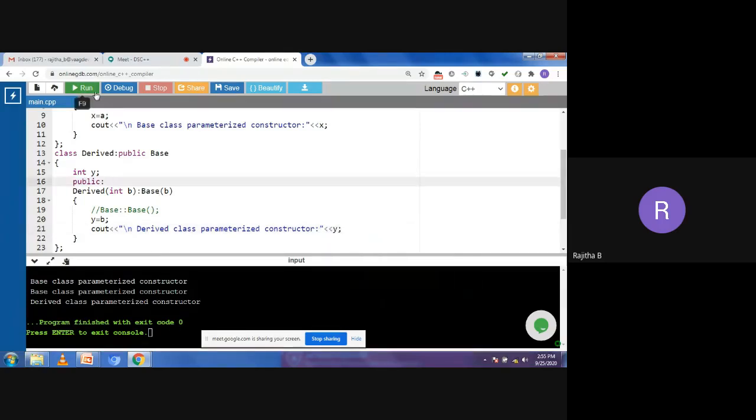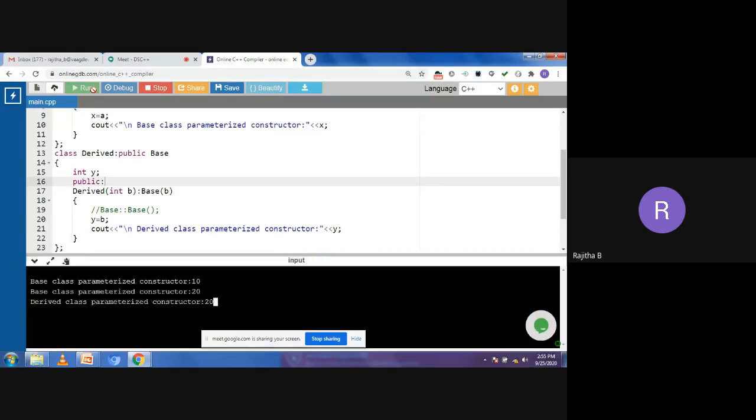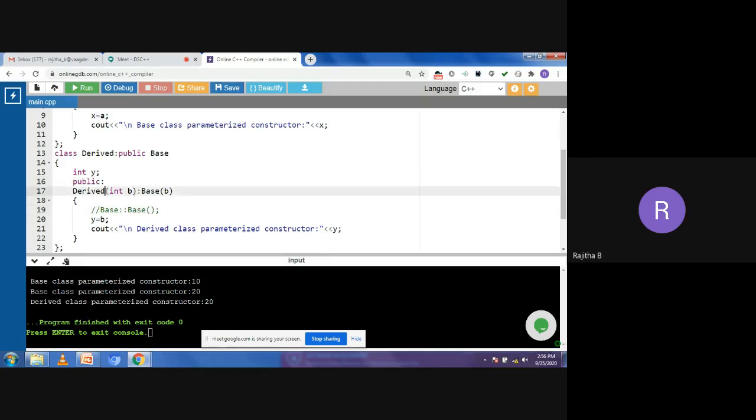Now try to execute that one and we will see the x value and the y value. Now you can see here: base class parameterized constructor, value is 10. So when you are passing the value in the derived class, we are passing the value here.